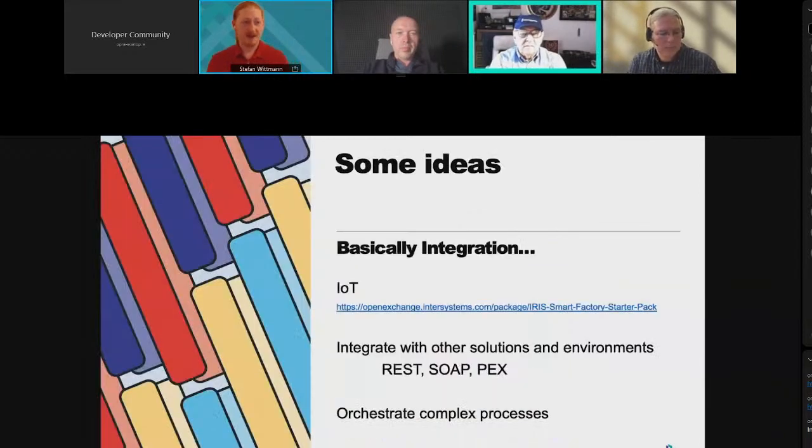A couple of ideas for potential projects in case you don't have something on your mind already. Something that we are interested in as InterSystems as a company is always the field of IoT, so the Internet of Things.